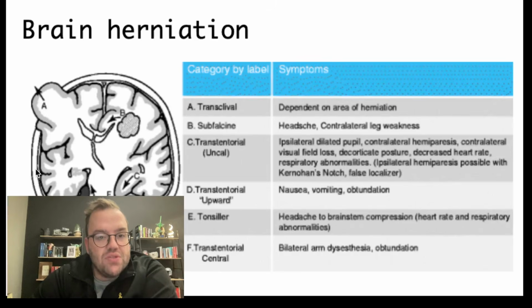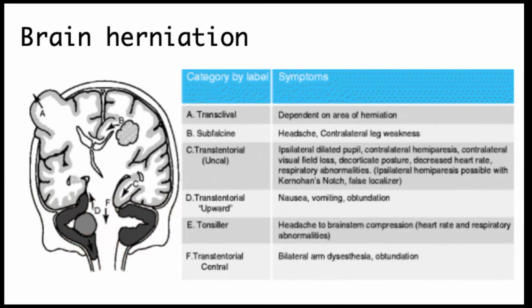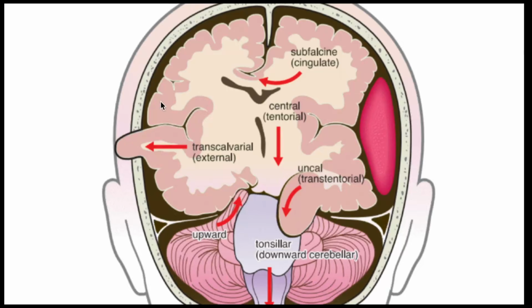So what happens when the pressure raises too high? Well, you get brain herniation. So you get transclival, you get subfalcine, you get transtentorial, upward or uncal, you get tonsillar, and then you get central. So if you look at this next image over here,